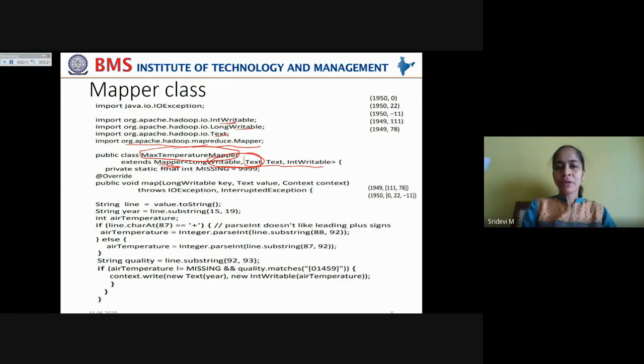Okay, so this mapper class is taking LongWritable and Text as the key value pair, and also emitting a key value pair again as output. That is the Text for the year, and IntWritable, which gives the set of temperatures recorded in that particular year across different locations. That is a list of air temperatures as shown here, right? So that list of integers is also represented by IntWritable. That is why we take the key value pair as Text and IntWritable.